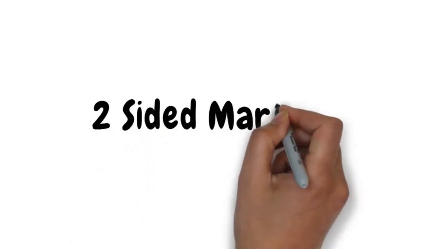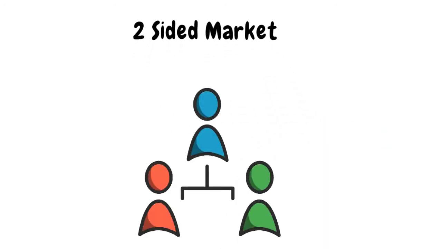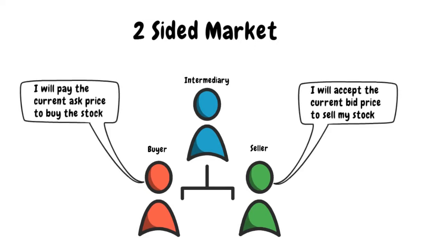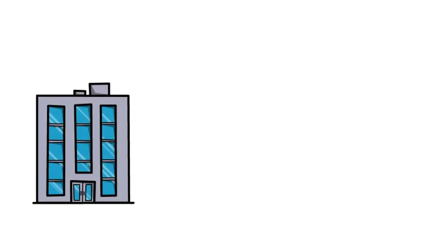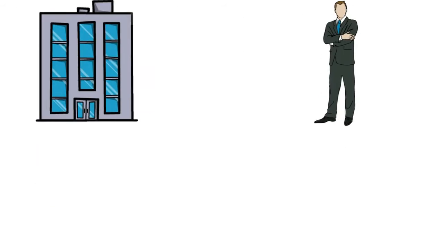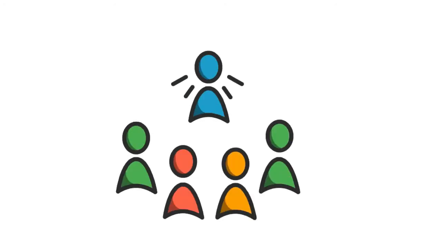Now the first thing to understand is that the stock market is a two-sided market. This means that both buyers and sellers meet to exchange products or services through an intermediary. This interaction creates bids for selling and asks for buying. The relevant intermediary in the case of the stock market is the market maker, also known as a market specialist. This is commonly a brokerage house, but may also be an individual. Their job is to keep the market moving by buying and selling stocks at quoted prices.